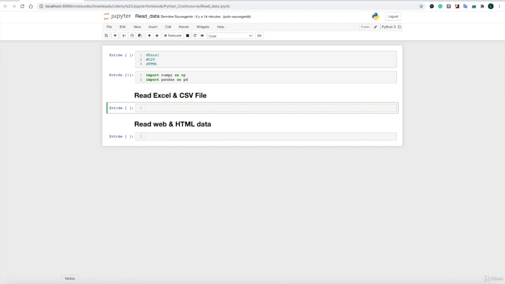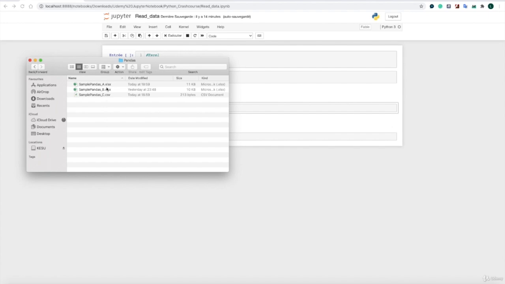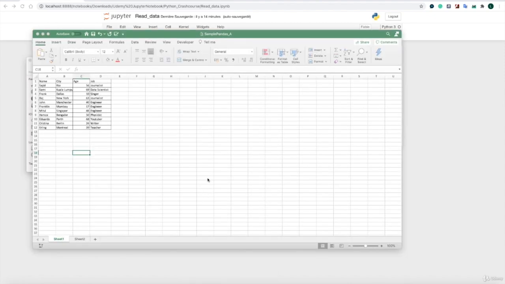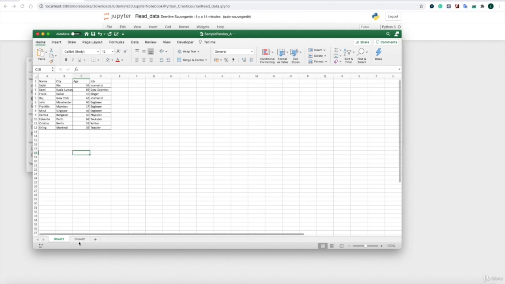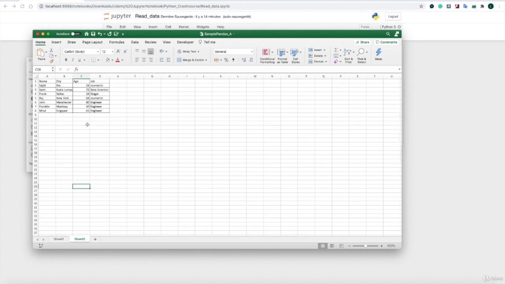Okay, in order to start, let me present the three types of files that you must have in your folder. You must have three files. The first one is an Excel file, composed of two worksheets. The second one is a basic Excel file. And the third one is a text file, also called a CSV file. If you look at the first file that you are going to open and read through Pandas, it is an Excel file. This file is composed of two worksheets, sheet 1 and sheet 2, with 4 different columns